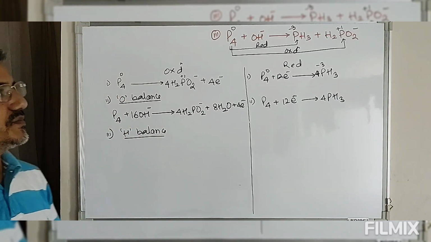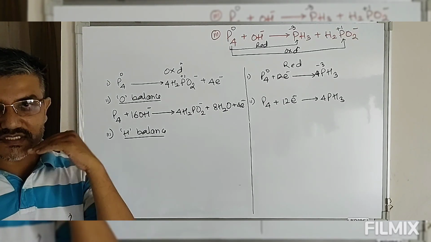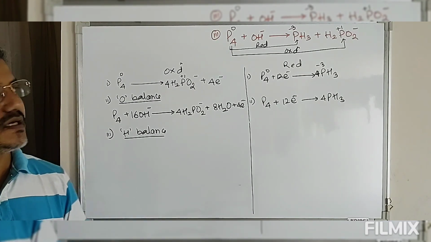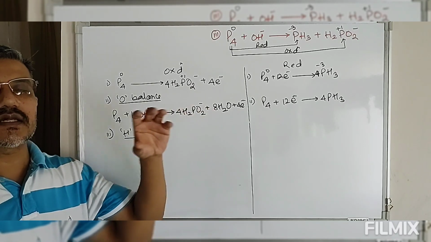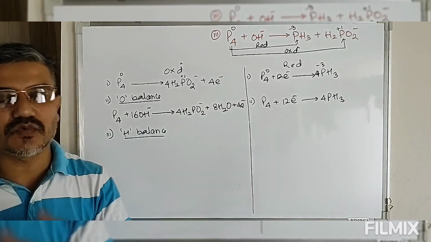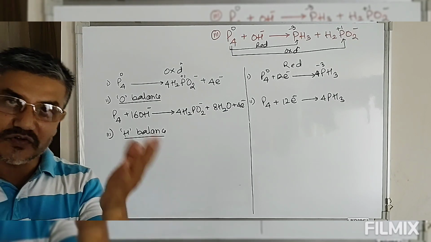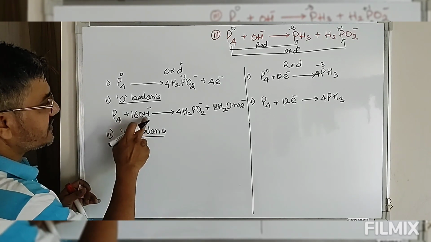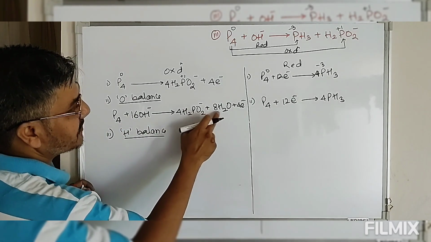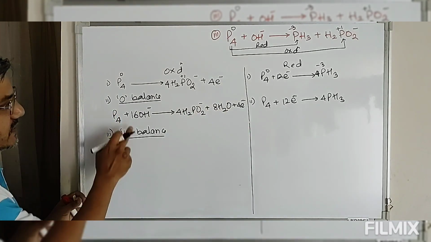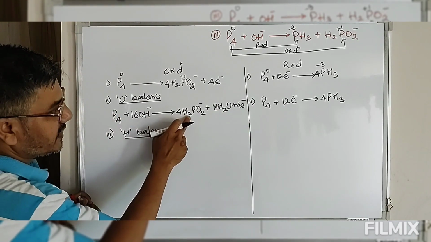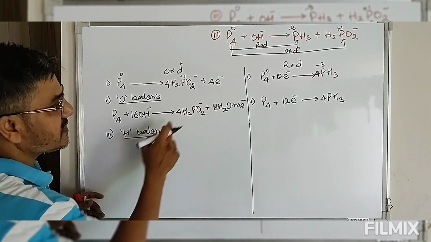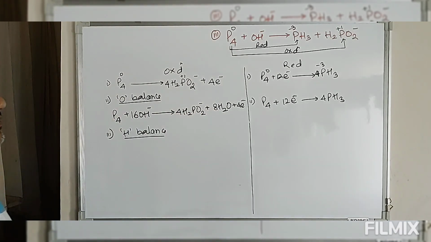Now since again it is a basic medium, the rule says to the side having excess of hydrogen, in basic medium, we will add the same number of OH⁻, and on the opposite side we will add the same number of water molecules. So let's say we have 16H, 4 to the 8, 8 plus 8, 16. So no need to balance hydrogen here. On the other side 16 hydrogen, 4 to the 8, 8 to the 16, 16 plus 8, so there is a requirement of 8.